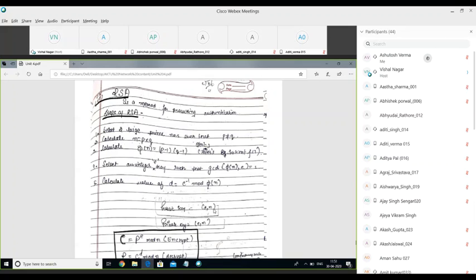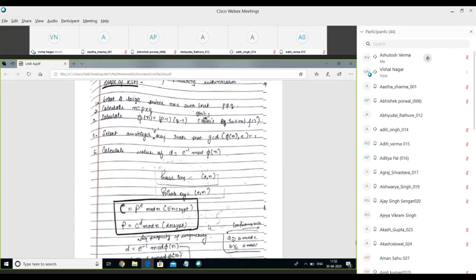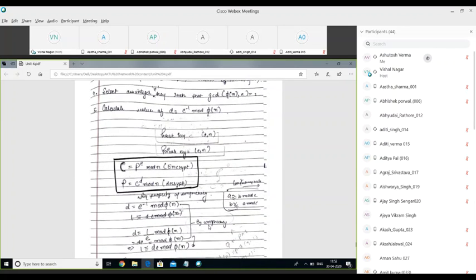Public key is defined as d and n, private key is e and n. Now, how will we get the cryptography value, or the ciphertext? C is defined as the ciphertext, which is equal to P to the power e mod n, where P is the plain text. Do you understand this? Ciphertext C is defined as P to the power e mod n. This is how we produce the ciphertext.